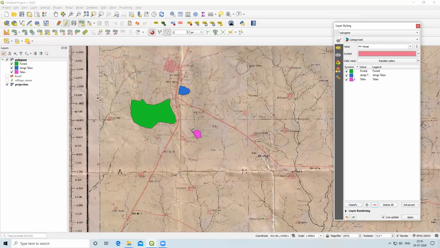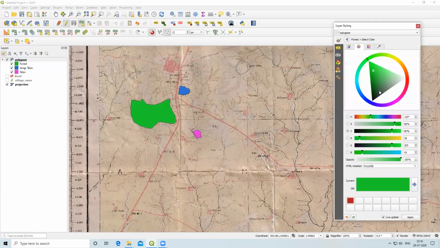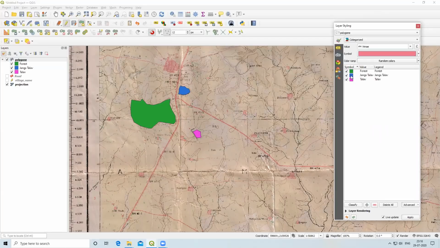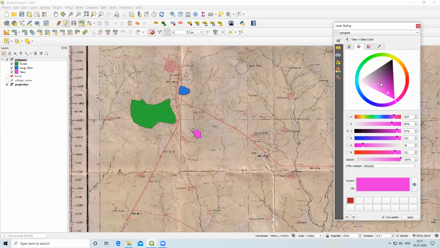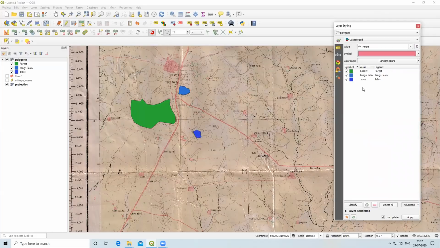After that, if you want to change the color of the forest, you can change the color from here. Apply. Then if you want to change the color for this talao, select it, select from here, blue color if you want to give, apply and close.